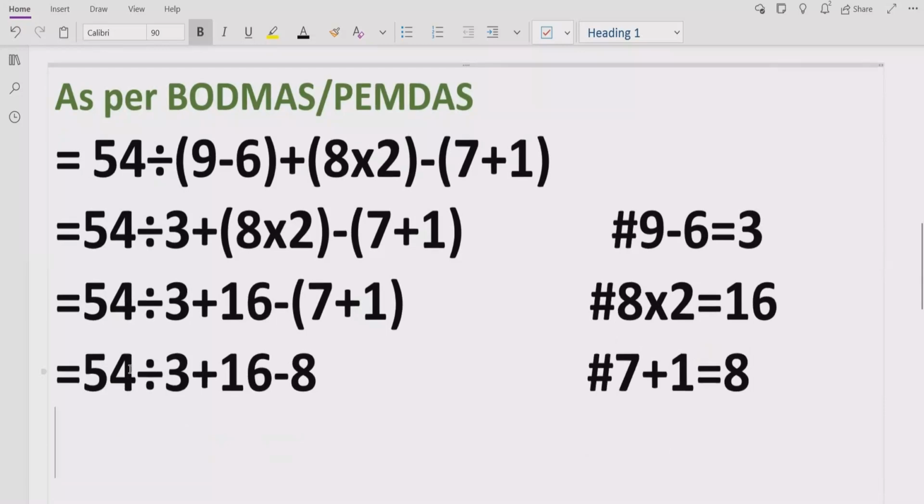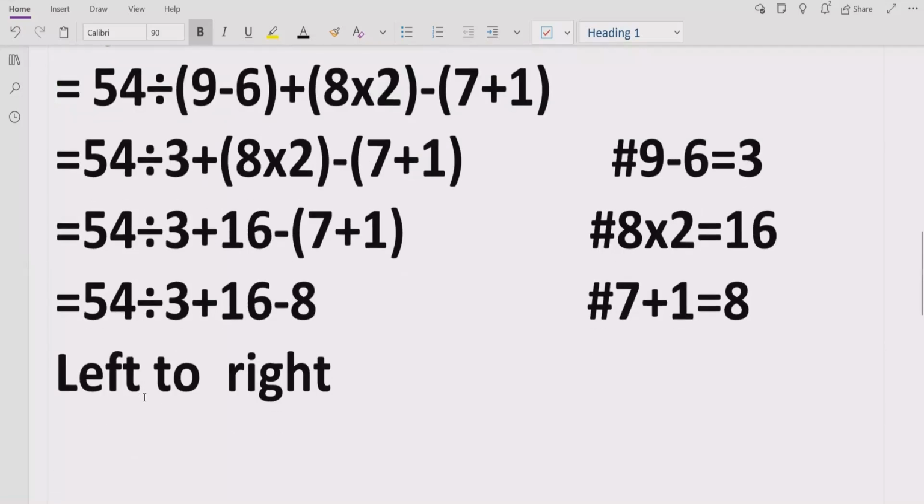Again, we have solved all brackets. So now we do not have any bracket. So now we will see the exponent part in our expression. If you look for an exponent in our expression, we do not have any exponent part. So now we will solve the division and multiplication, which is the third step. So now we will go left to right in our expression and find the division and multiplication. So here we have the division. So we will write it like here